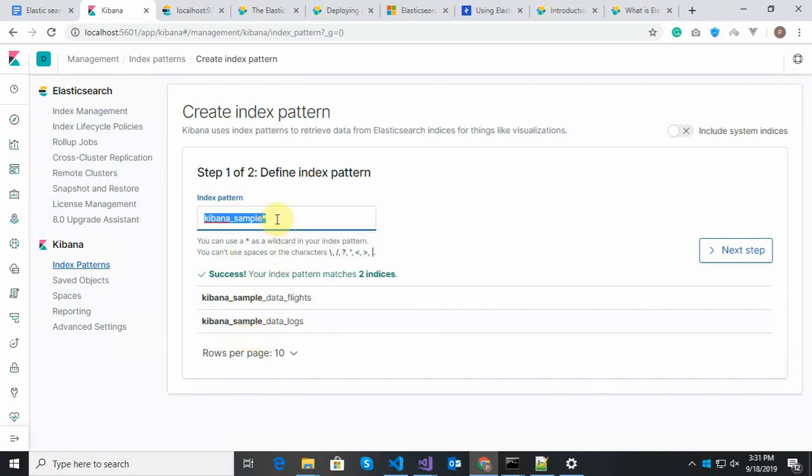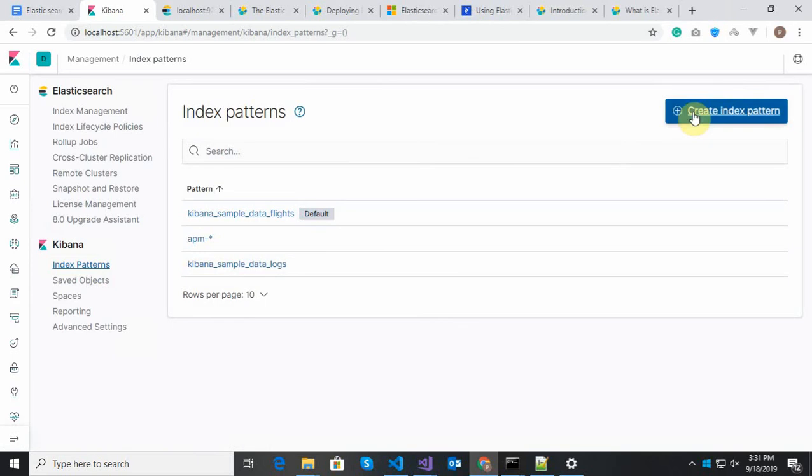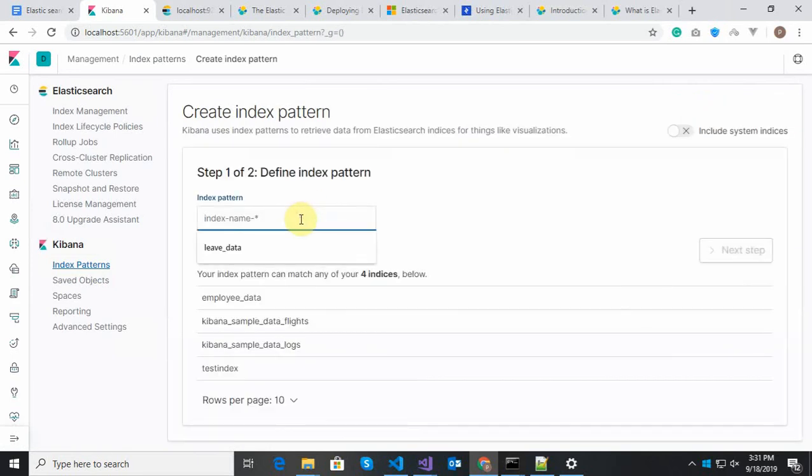So if we use this index pattern, Elasticsearch will use both of these indexes for whatever analysis we do. So I'm going to use my index for the